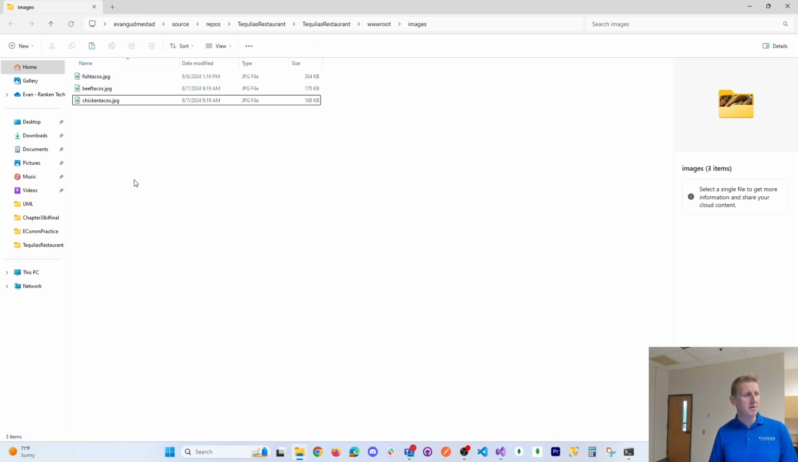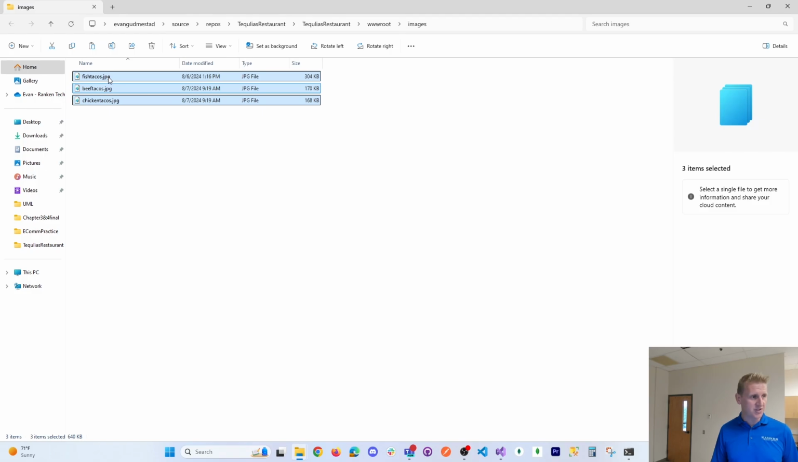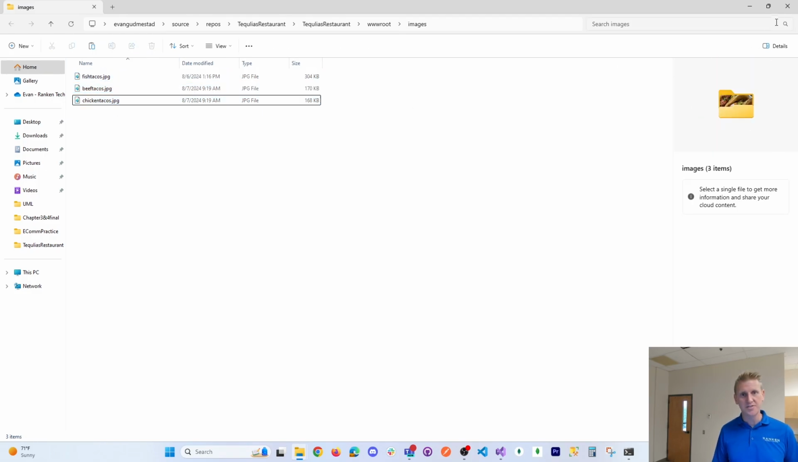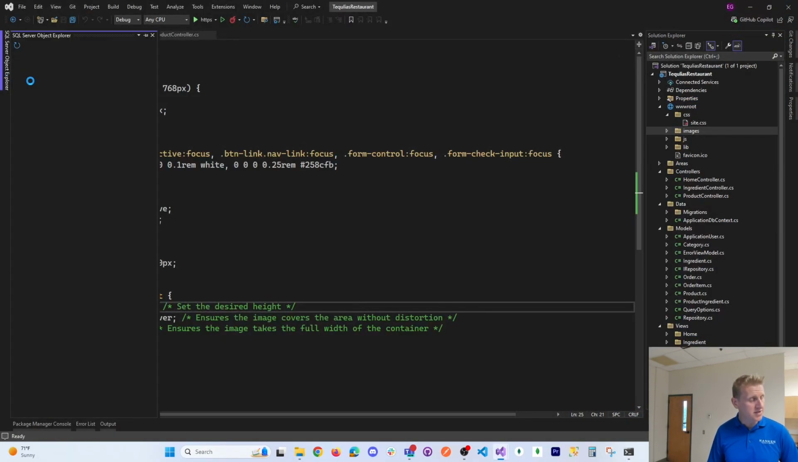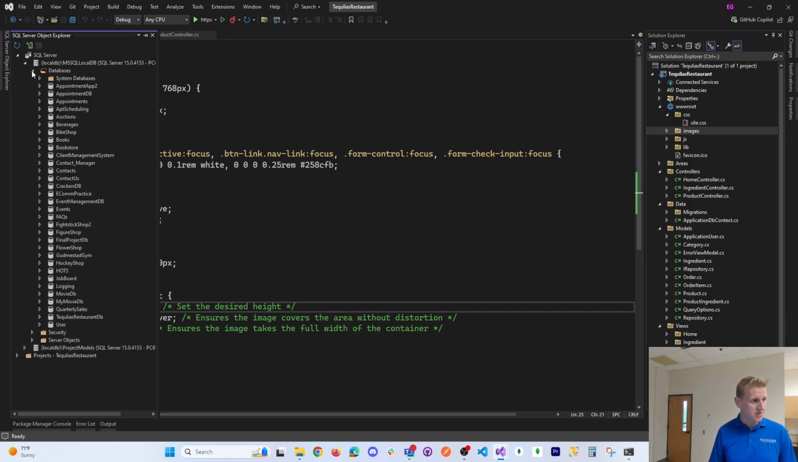So, these are my initial images. Now all I have to do is change my database to say fish tacos, beef tacos, and chicken tacos as far as the image path. Okay, so putting the images in the wwwroot images folder, step 1. Step 2, I'm going to go into my database and put some decent seed data that now reflects those image names. So this is Tequila's restaurant database,